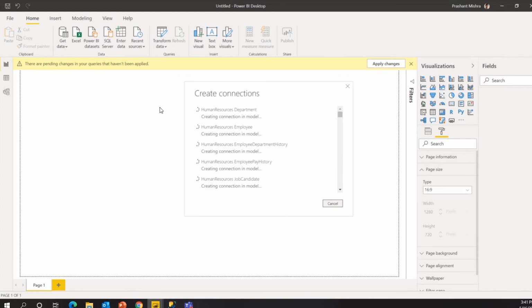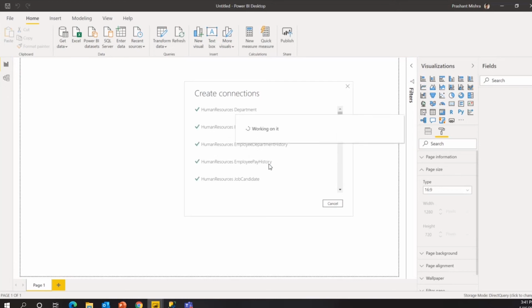If you don't do that, then even if the data is refreshed, your report and charts will not be refreshed. So you always have to apply changes. Give it a couple of minutes because it's trying to set up the connection.